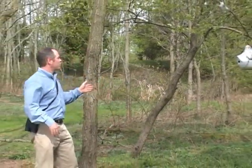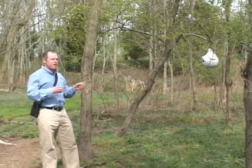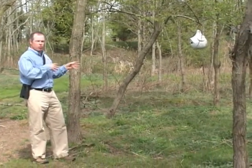Here we've had house wrens. They've been investigating this box. And given the placement that it's in this edge habitat right here, we're very likely to attract wrens to this box. When we take out the nests at the end of the year to make sure that they're clean,